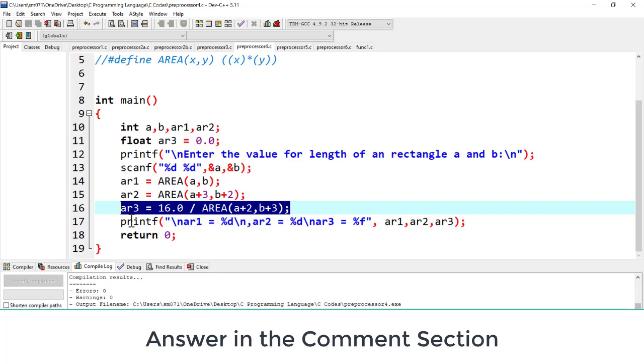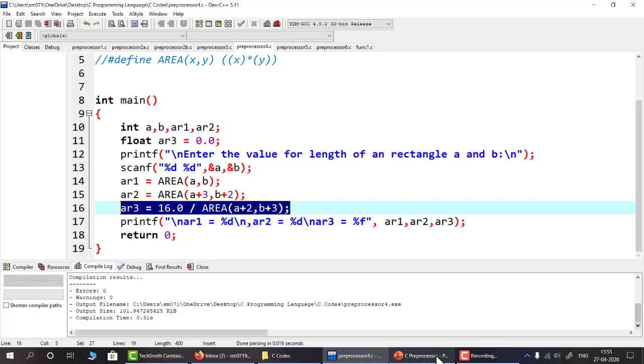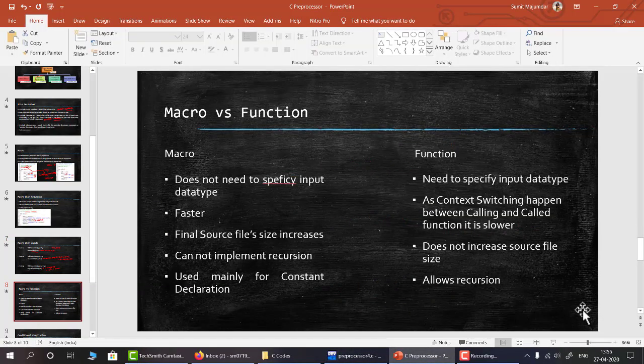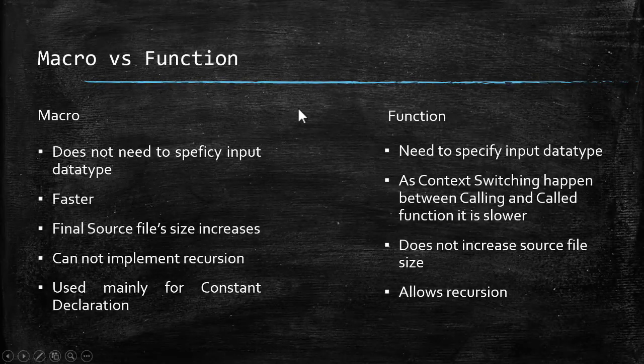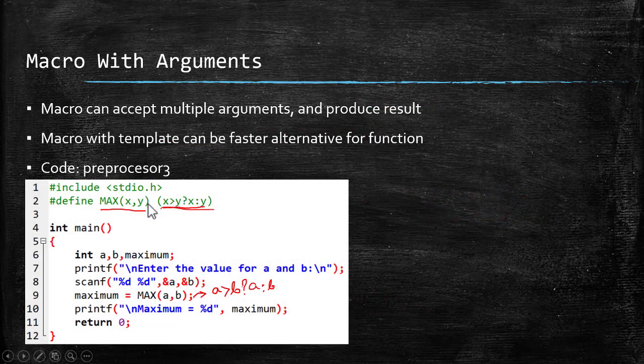Next, we are going to discuss the macro and a function. Can each and every function be replaced by a macro, and why do we not replace all the functions by a macro? The first thing is, let us see this example. In case of a macro, we do not need to give the data type of the argument, which is necessary for the function.